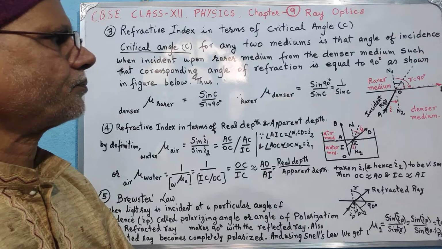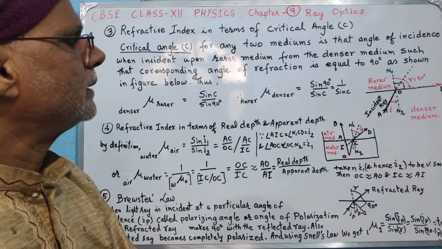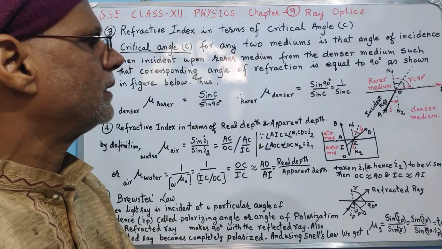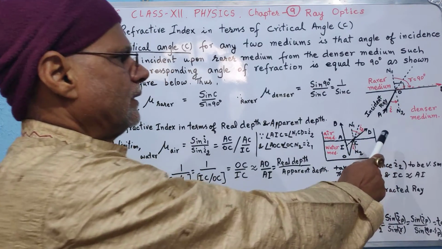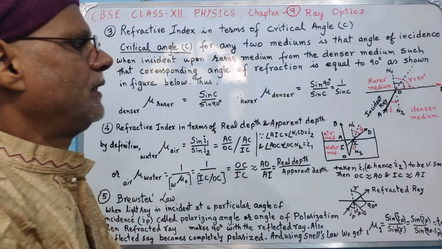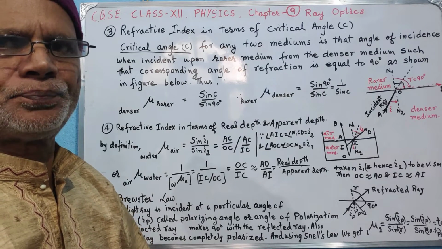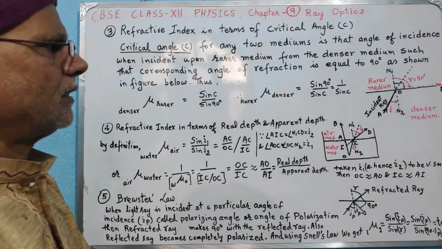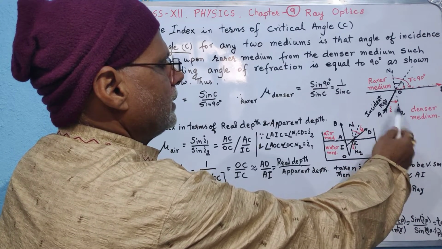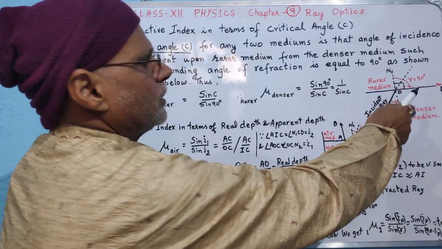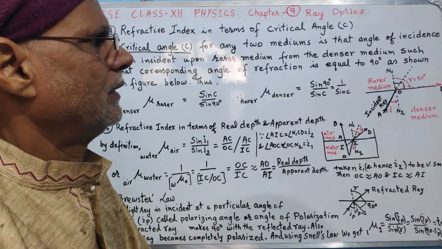Well, we will better discuss it in detail sometime later, but for the time being, let us say when a ray is incident on a rarer medium from a denser medium, we all know that the refracted ray moves away from the normal. Now if we think of a situation that as we keep increasing the angle of incidence, the angle of refraction must also keep increasing, and some situation may arrive